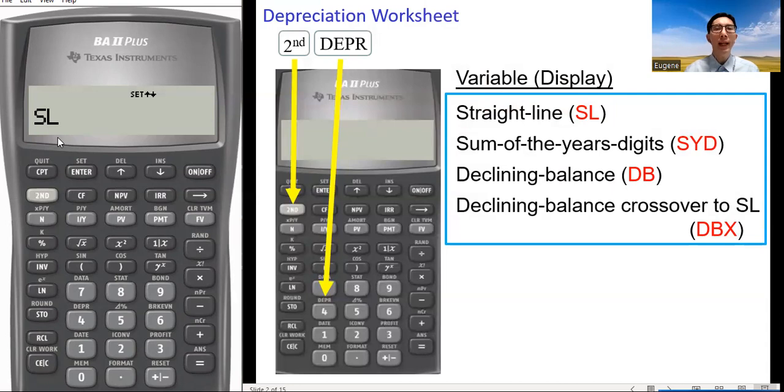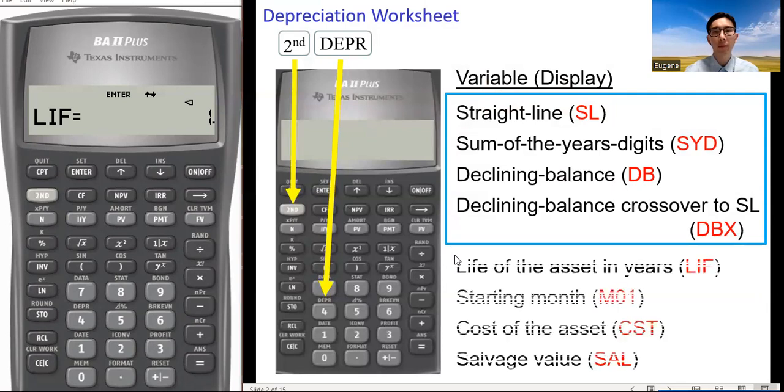Next, we can enter the information regarding the asset. The variable LIF denotes the life of the asset in years. The next variable M01 corresponds to the starting month. This is the month in the year the asset begins to depreciate.